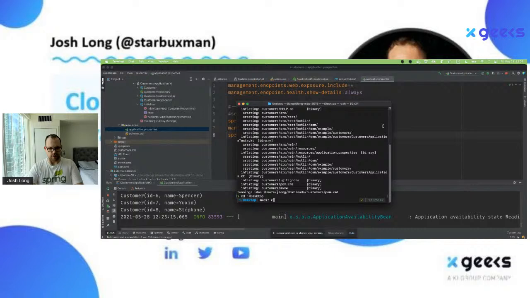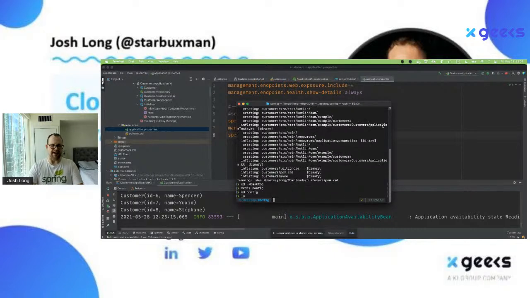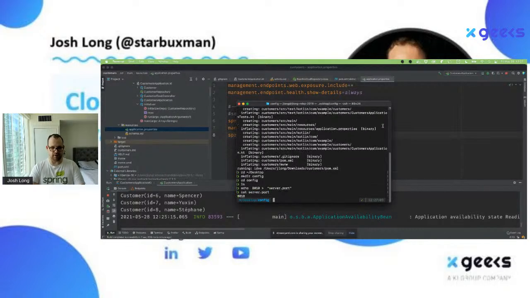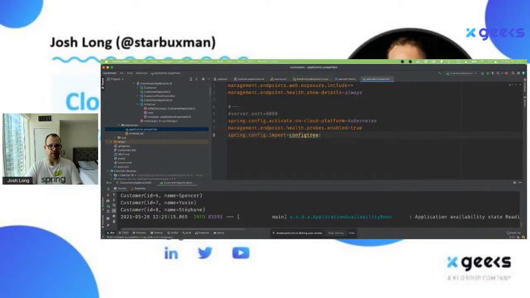So let's say I go to here, cd config, and you will have, for each key in the config map, a file, and for each value, let's say we want to have 8010. Okay, so cat server.port. The property is called server.port, the value is 8010. So that's what's inside my file. So now I'm going to import that. I'm going to say, okay, import home desktop config. Don't forget this trailing thing here. So that's going to import the configuration from that config tree that you would get if you mounted a config map as a volume in your pod.